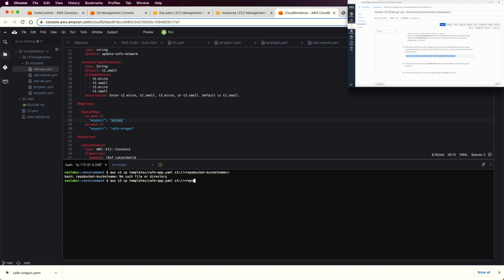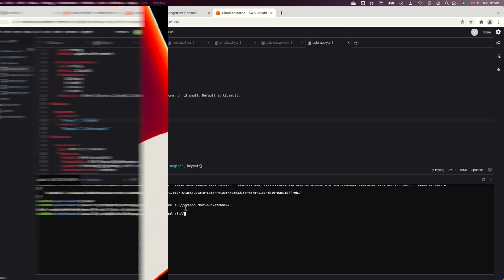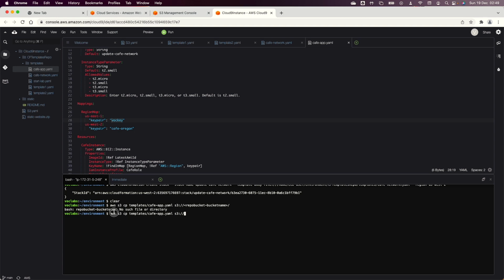So get the bucket name that we have here. Now let's go back and we put this command, which is AWS S3 copy the file template cafe-app.yml S3 to this bucket name. Now you have to be careful before you execute this file. You are going to be in the CFT template, in the cafe template repo first, and then you do the command of S3. So let me go back now